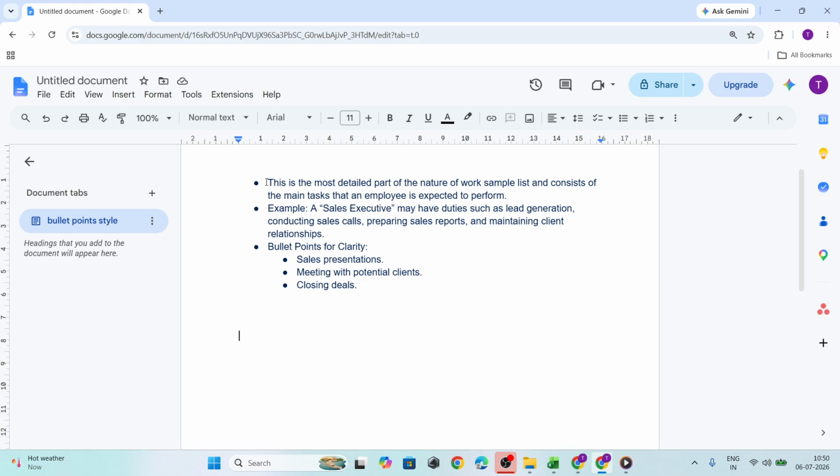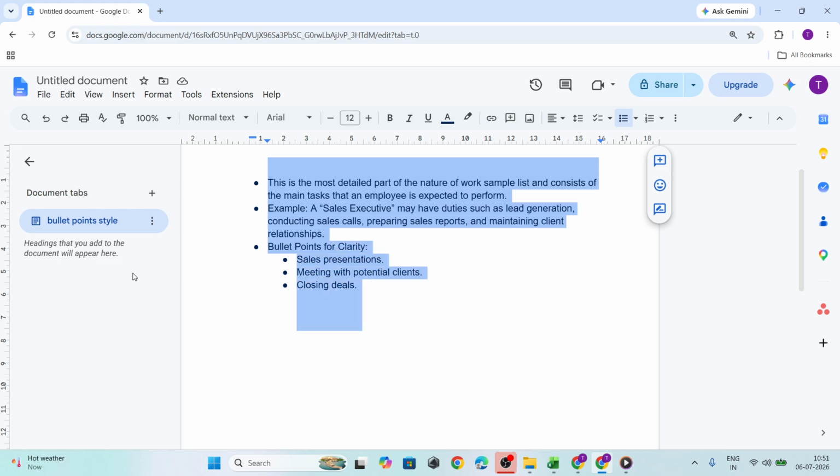To begin, open your Google Doc and locate the bulleted list you want to update. The first thing you need to do is highlight that list. Click and drag your cursor over all of the bullet points you want to change, so Google Docs knows exactly which items should be affected. Make sure the full list is selected before moving on, because any customization you apply will only affect the text